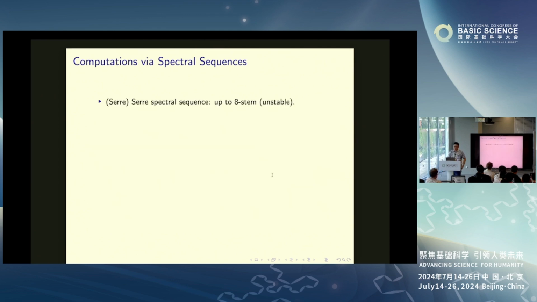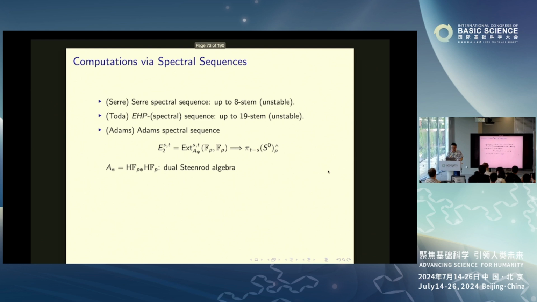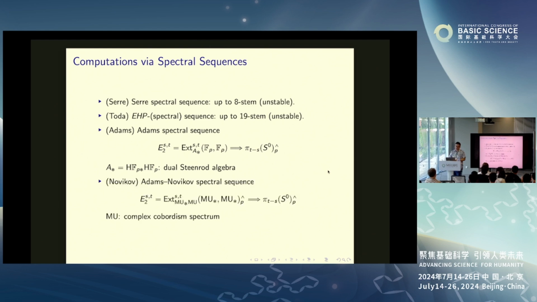All right. So what do we know? I'm going to say a few words about the history. Serre used the Serre spectral sequence to compute all the unstable range into the stable range up to the 8 stem. Toda used the EHP spectral sequence to compute up to the 19 stem. And if we just want to compute the stable range, we use the two most popular ones, the Adams and the Adams-Novikov spectral sequences. What they have in common is that they both converge to the p-primary part, and